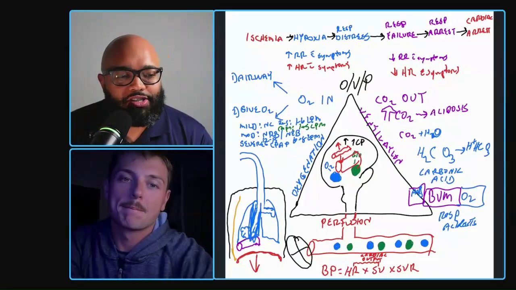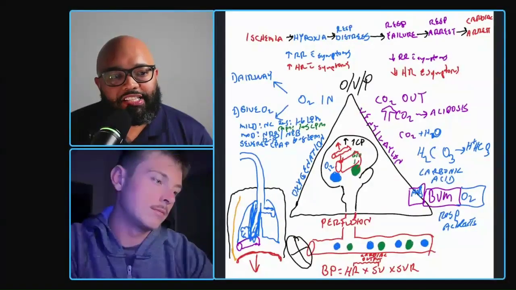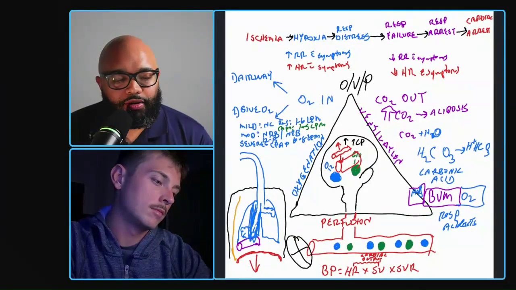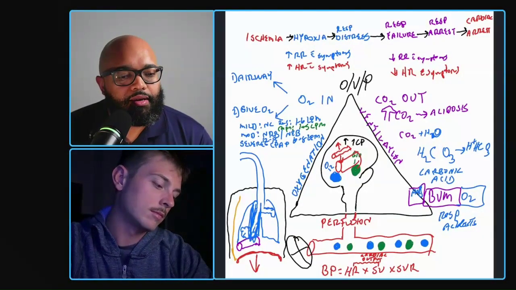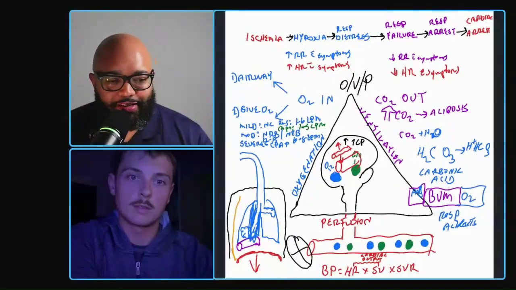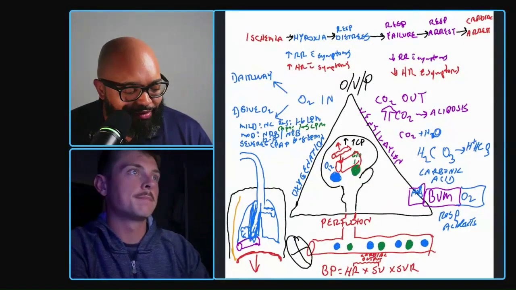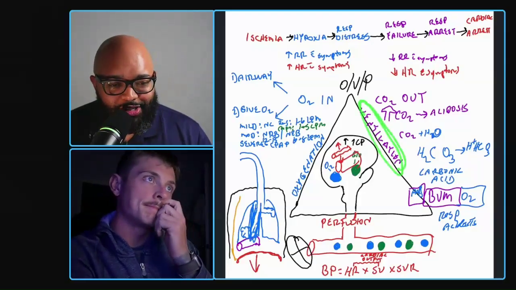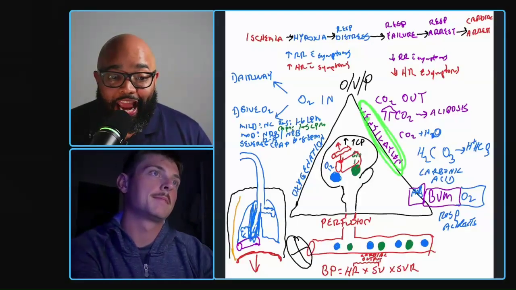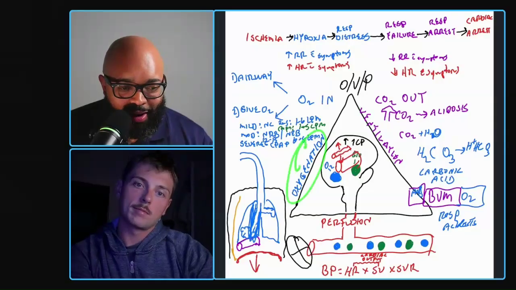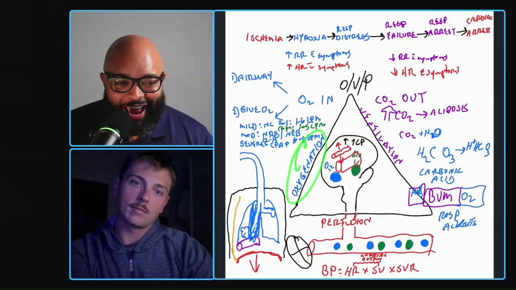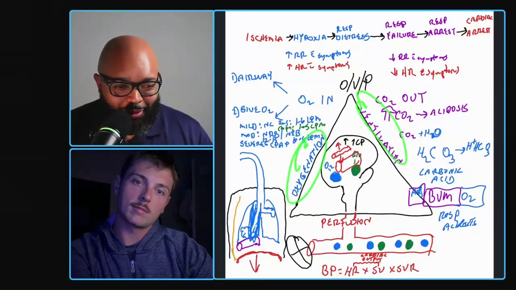Jonathan, you got a seizure patient. This patient's seizing. Now, when they're seizing, what are they not doing well? They're not breathing that well. Check this out. So we got a seizure patient. If they're not breathing well, that sounds like a ventilation problem. But if they're not taking air in, that's an oxygenation problem. If they're not blowing the air out, that's a ventilation problem.